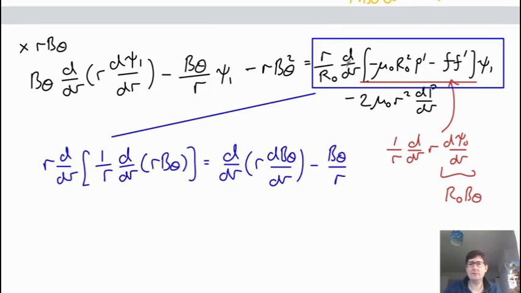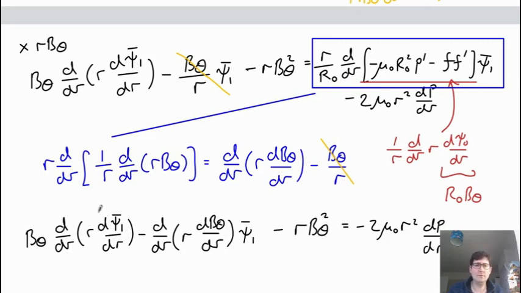And so I've just taken this part here, having substituted in this expression from the zeroth order force balance, and then you can expand this out and you end up with this term here, and you end up with this term, the B theta divided by R, and that term cancels with this term here. So this term and that term cancel, and so overall we're just left with, if I group this and this term here now on the left hand side.